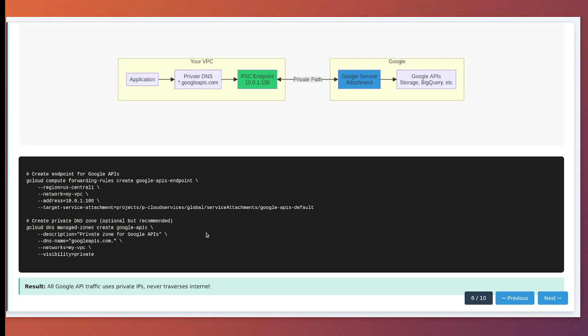To set this up, you first need to create an IP address for your endpoint. gcloud compute addresses create google-apis-psc, region us-central1, subnet my-subnet, purpose PRIVATE_SERVICE_CONNECT. Then create the forwarding rule. gcloud compute forwarding-rules create google-apis-endpoint, region us-central1, network my-vpc, address google-apis-psc, target service attachment projects/pcloud-services/global/serviceAttachments/google-apis-default. One of the powerful features is the ability to create custom DNS zones that automatically resolve